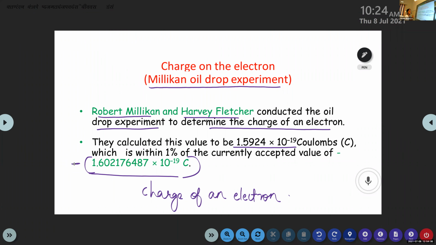From the previous experiment, the charge to mass ratio, do you remember that experiment? We just applied an electric field, then a magnetic field, then balanced it with the applied magnetic field. Then three cases are there. Three spots were obtained on that screen. Do you remember that one? I will just show.